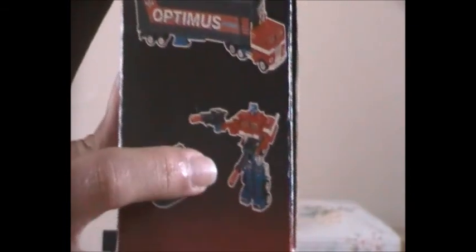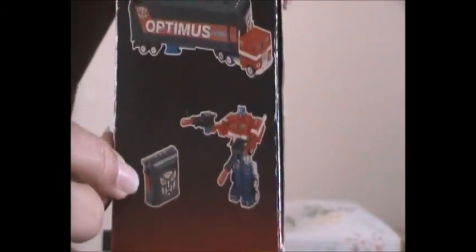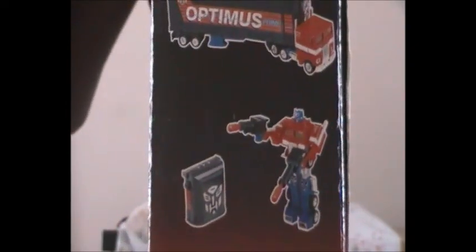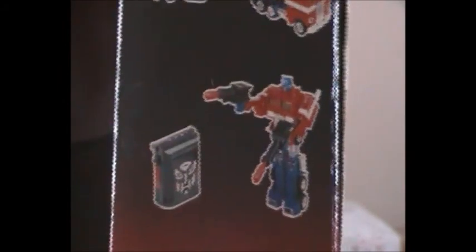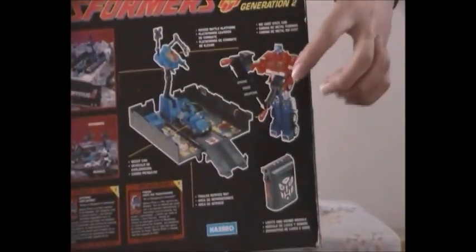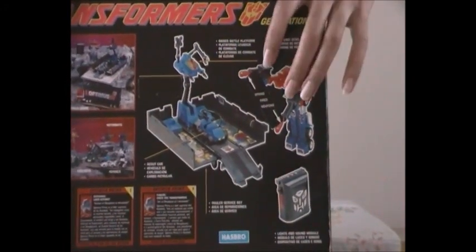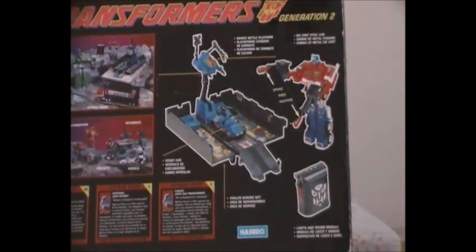And why is that, you may ask? Simple. Optimus Prime's light and sound power pack is here with no missile launchers, because G2 Optimus Prime here is holding them, ready to fire, and he's ready to fight off the evil Decepticons led by Megatron. And on the back you have G2 Optimus Prime holding his spring-fired weapons, his missile launchers, and there's a